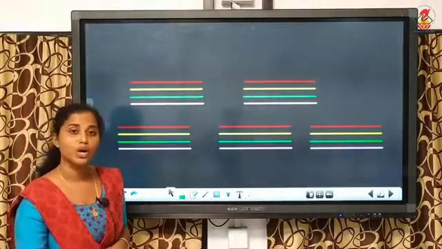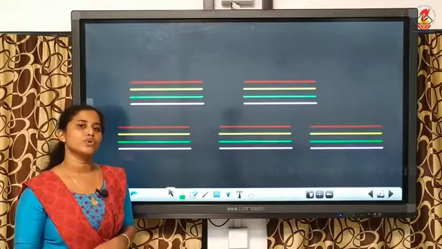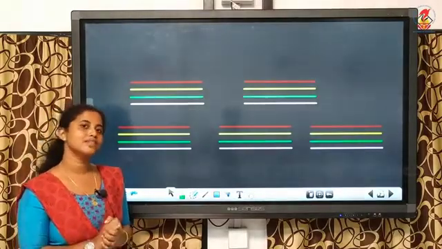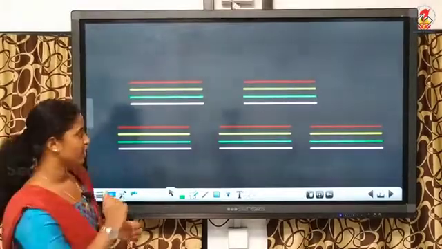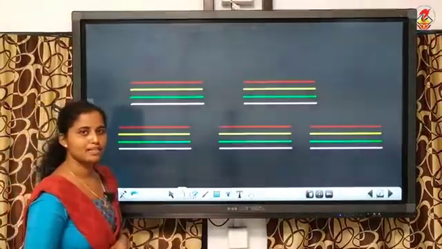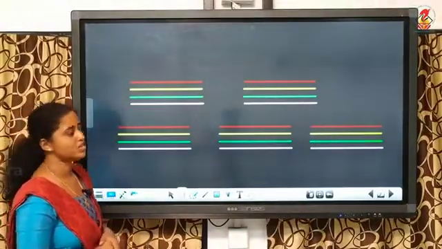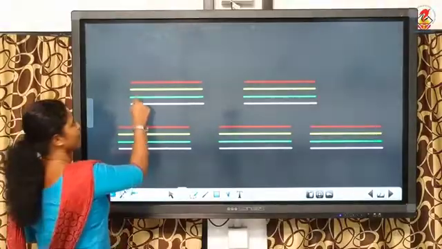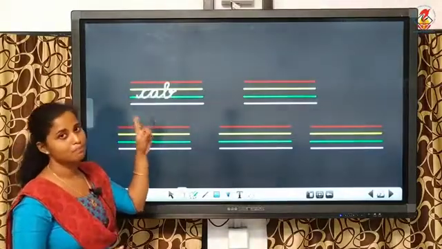Now I'll show you how to write. You'll know cursive handwriting, isn't it? Yes. So you are going to write in cursive with small letters, not in capital letters, and this is the way you have to write. We are going to start from the third line. We have 4 lines, isn't it? From the third line we are going to start with C. C, A, B, cab. Repeat, C, A, B, cab.